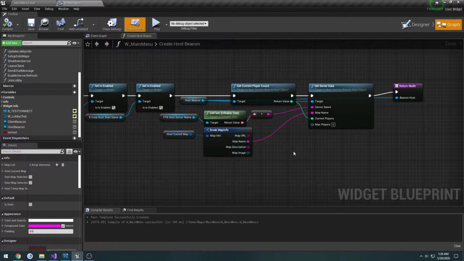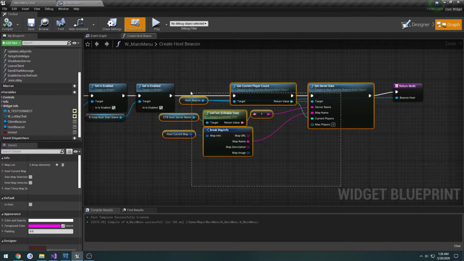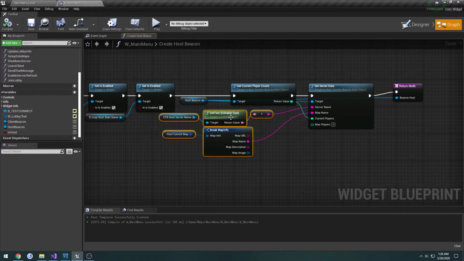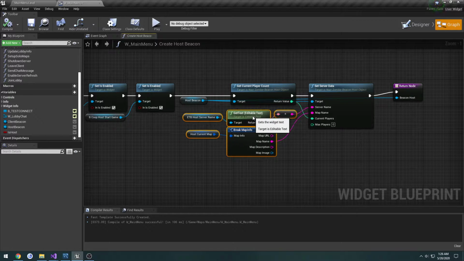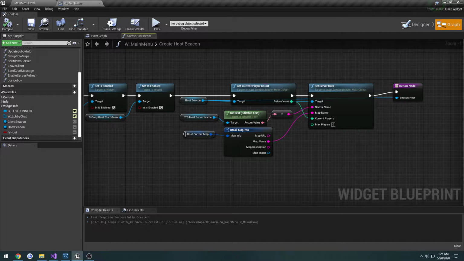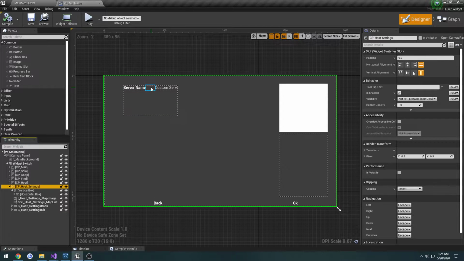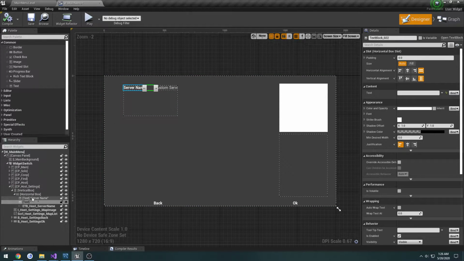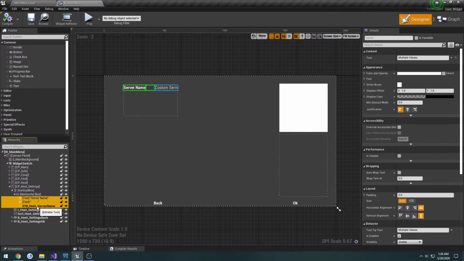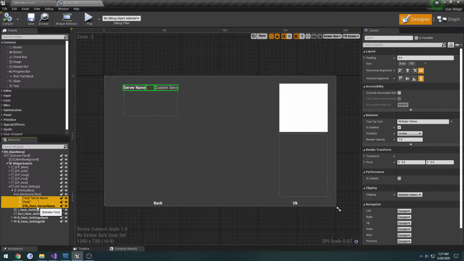In the previous video, we created a function to set our custom server info. And now what we want to do is we need to simply create a way to set our max players. So in the designer, we go to our host settings. We can pretty much duplicate this little setup here in the horizontal box